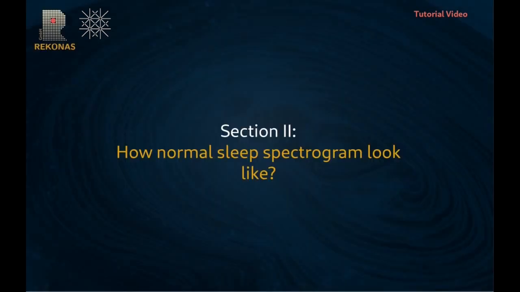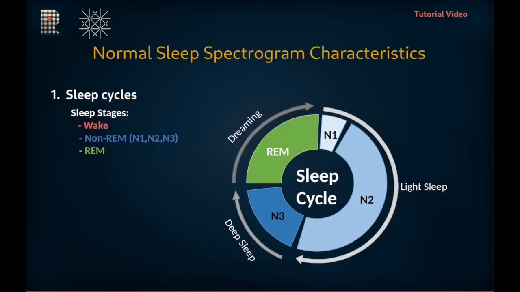Section 2. How normal sleep should look like. Normal sleep occurs in cycles. The sleep cycle starts by a transitioning of wakefulness into a phase of light sleep, also known as the N1 sleep stage. The N1 stage is of short duration, normally followed by a longer-lasting stage of light sleep, also known as the N2 sleep stage. In healthy individuals, light sleep is followed by deep sleep, which is known as the N3 sleep